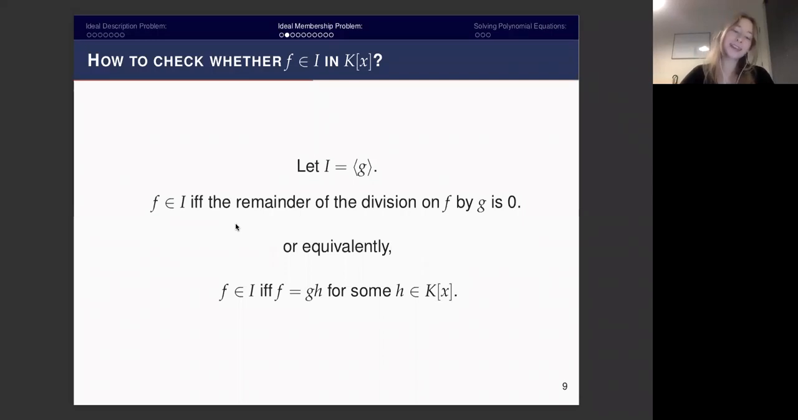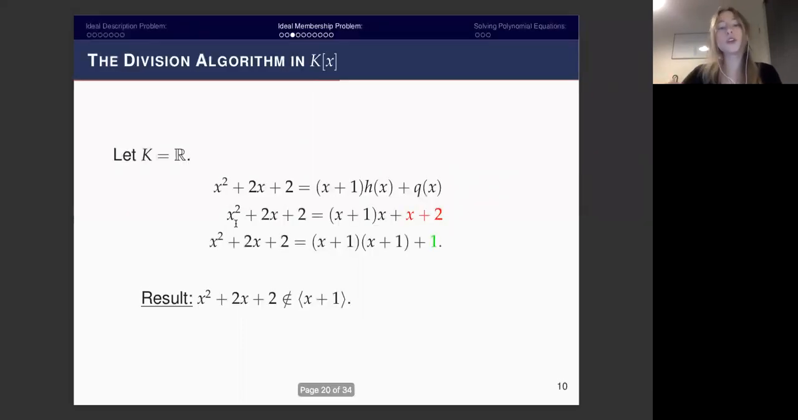Or equivalently, we say that f is an element of I if and only if f is equal to g, which is the generator, times h for some h in our ring. And we were talking about remainders and division, but how did the division algorithm in K[x] work? Let's remember. When we choose our field to be real numbers, for example, and when we want to divide this polynomial by this,